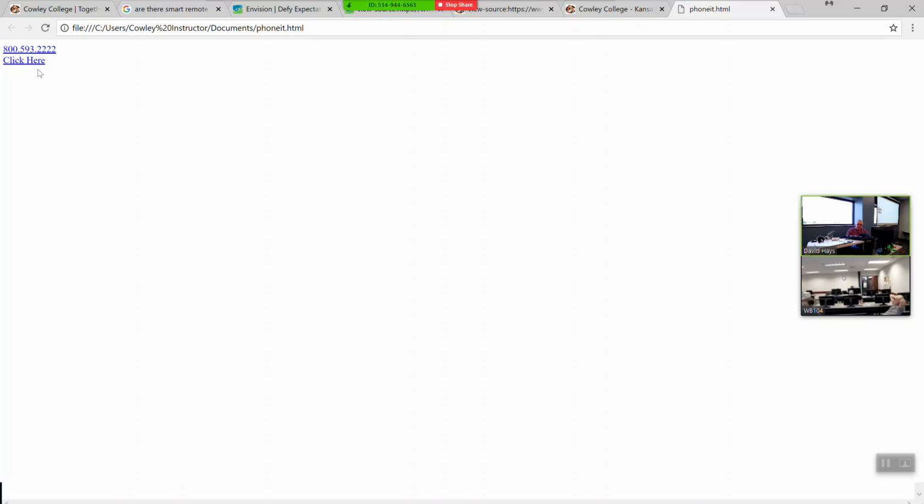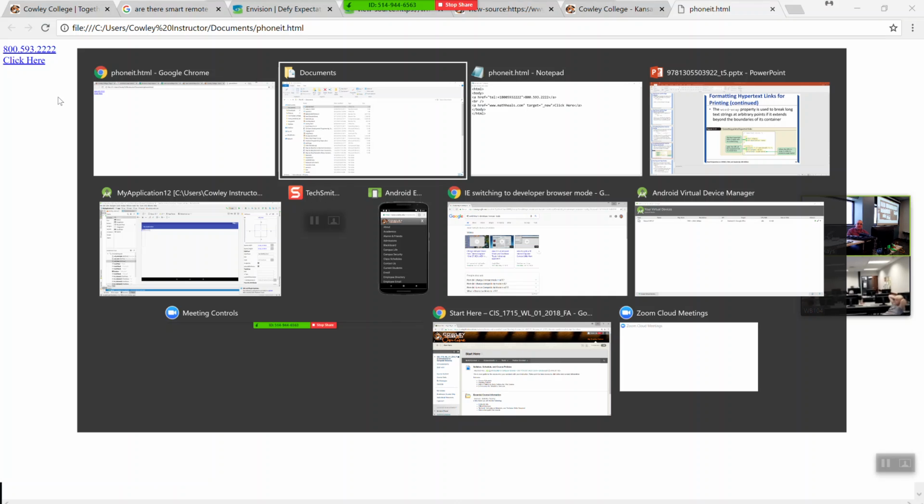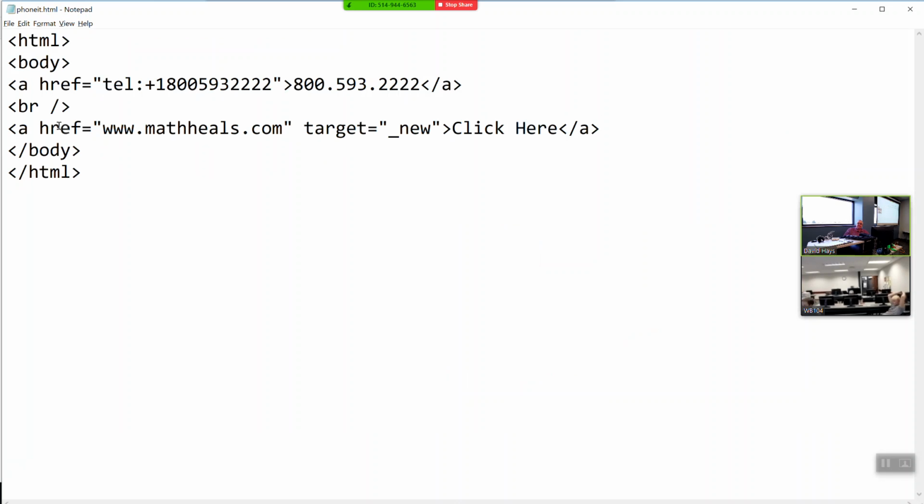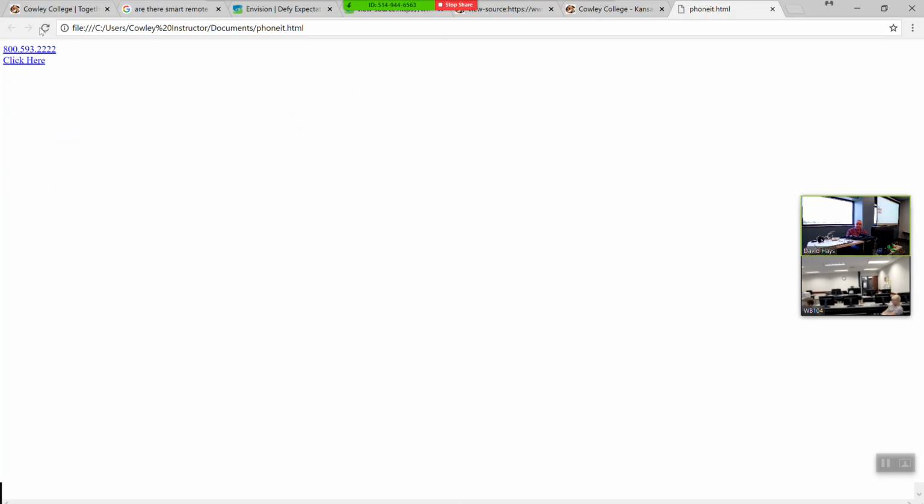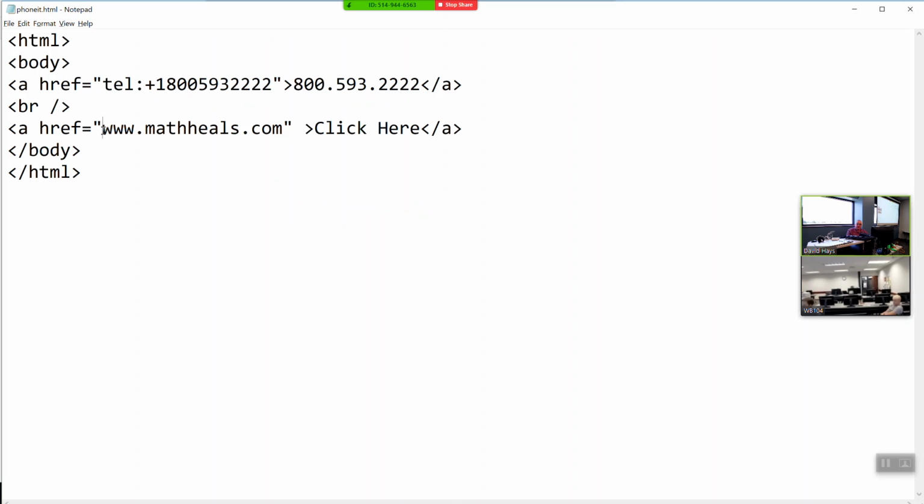What did I type in wrong? a href, mouse deals, target equals new, click here. Unless I already got new open. Oh, http://